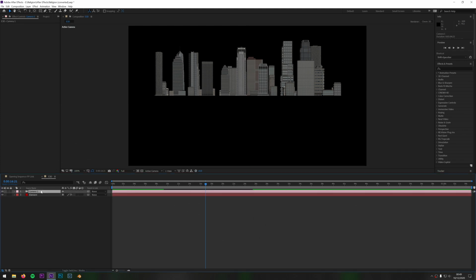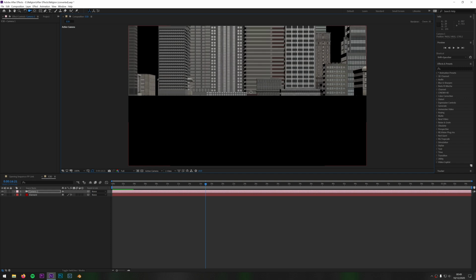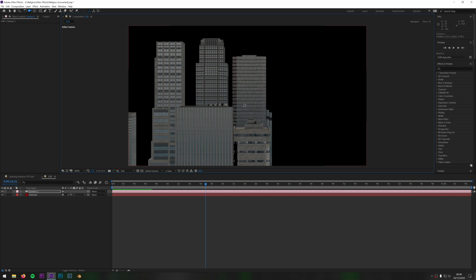And now we want to use the camera, so we click the camera, and if you tap the C key you get these different options. So this one is zoom, this one is pan around, and this one is move around. So let's start off with zooming in. You click and hold once you're on the zoom, and then we're going to go up. So let's go to this side, and then we're going to spin with this one.